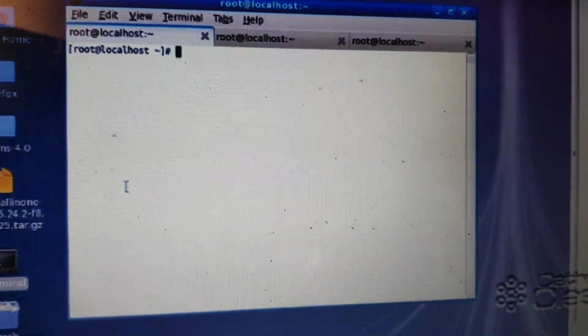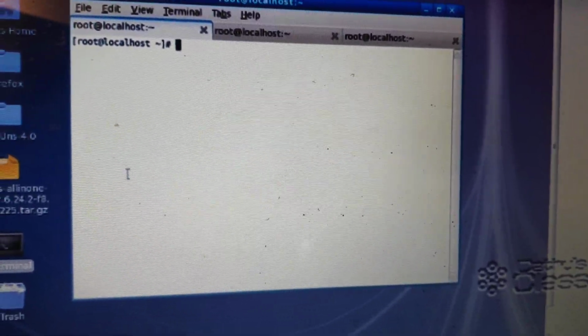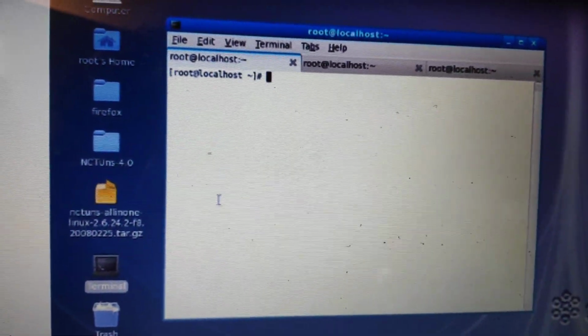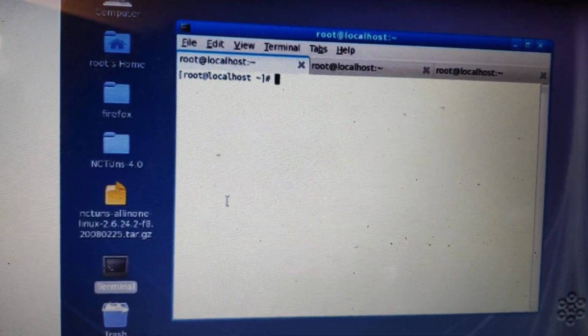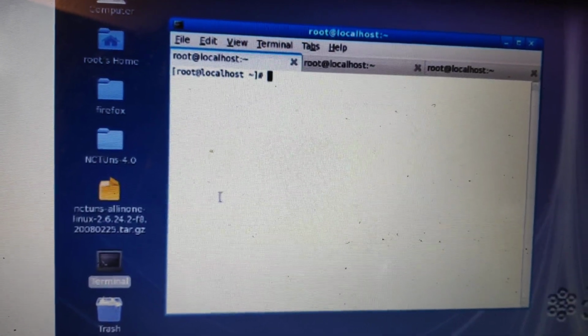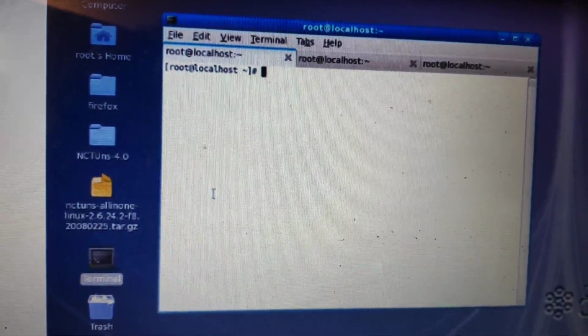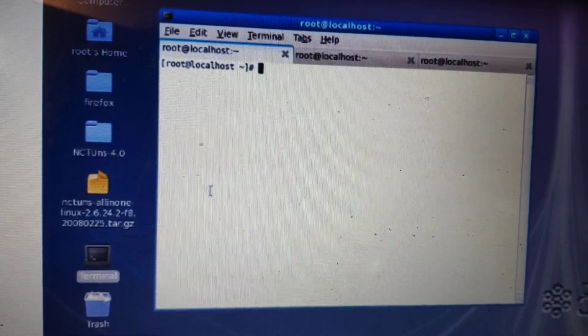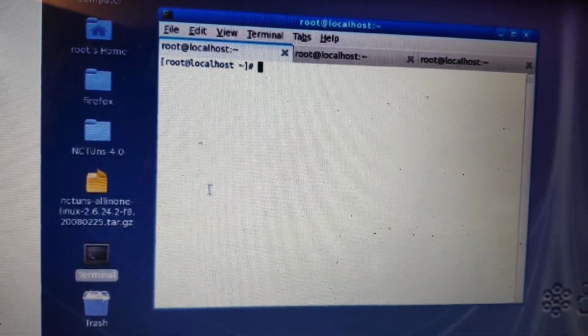Hello everyone. Today we are going to simulate an ESS, or extended service set, in a wireless LAN network. So what is this ESS all about? ESS stands for extended service set, and it is basically the interconnection of all these base service sets. You all know that.